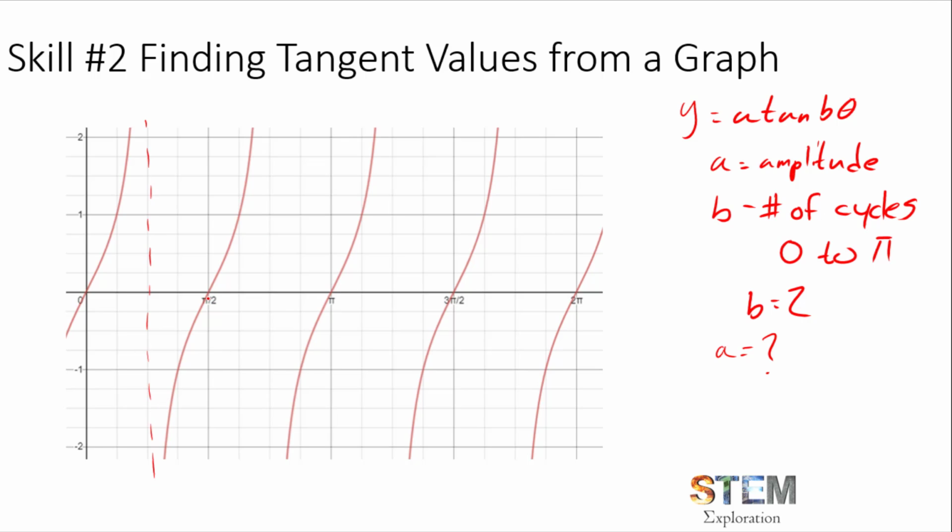And between pi over 2 and pi, there's an asymptote here. It just splits the middle of all this stuff. From pi to 3 pi over 2, there's another asymptote. And from this value to this here, or whole pi, we have another asymptote. And one of the things that you can do is that if you go in between the asymptote and the